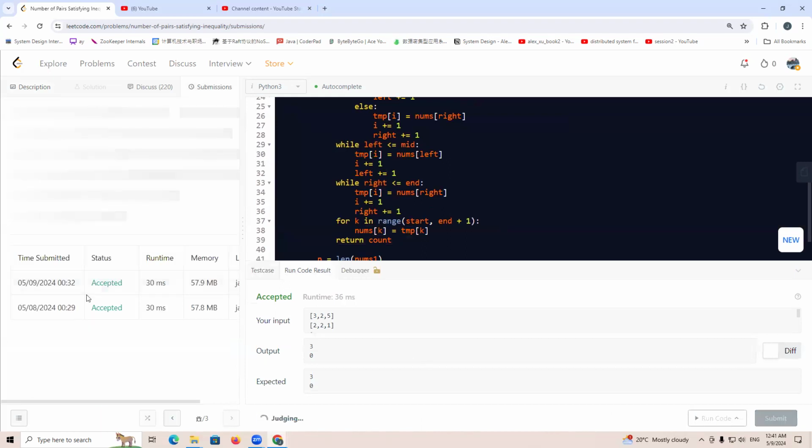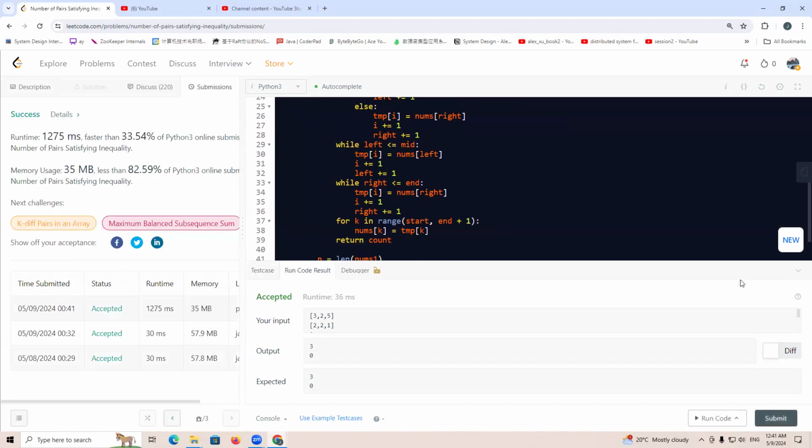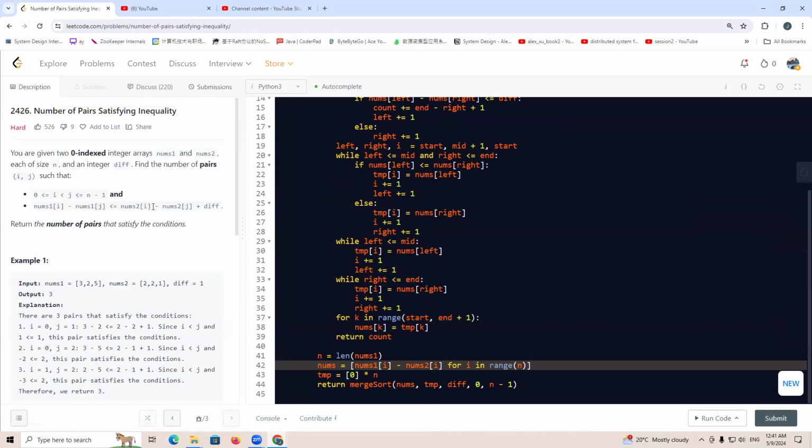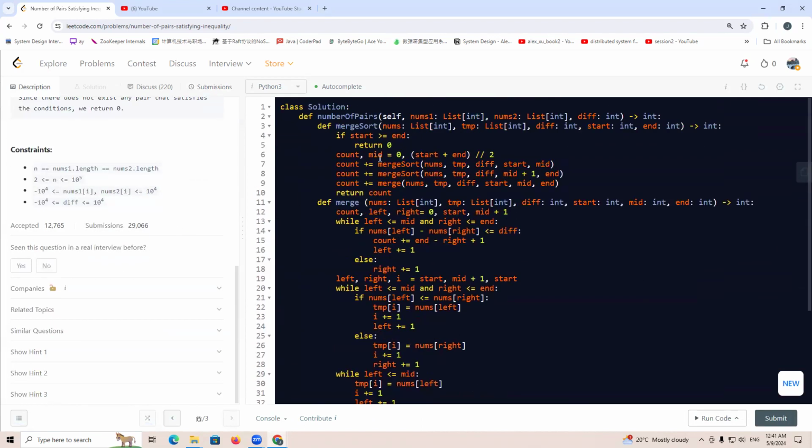Okay. The time complexity will be n log n, space O(n). So in